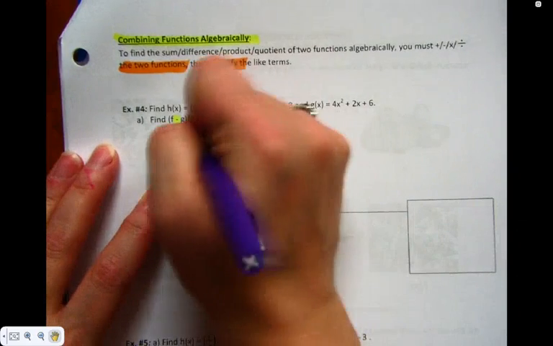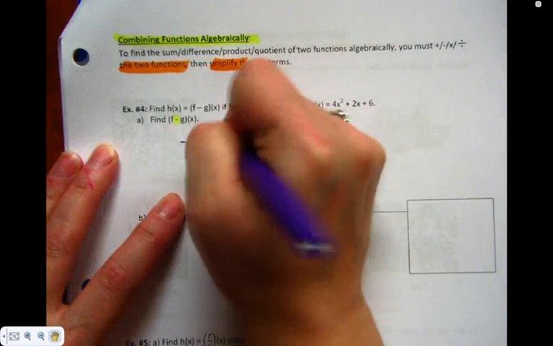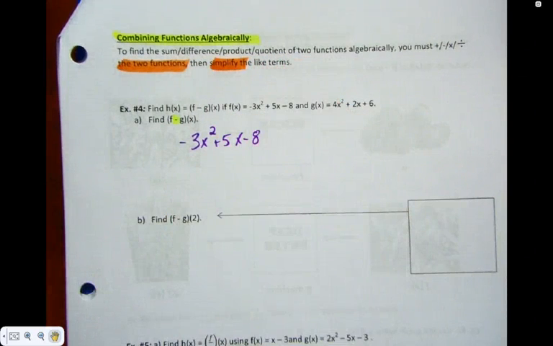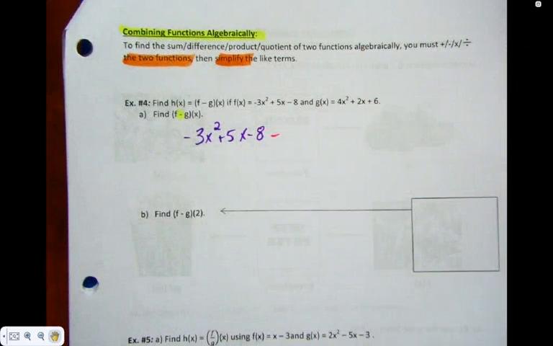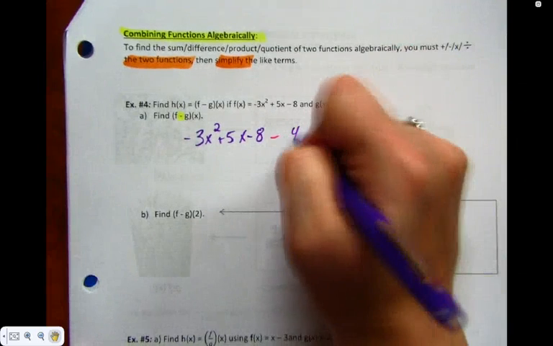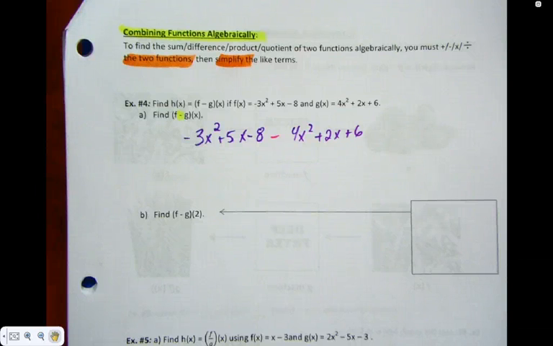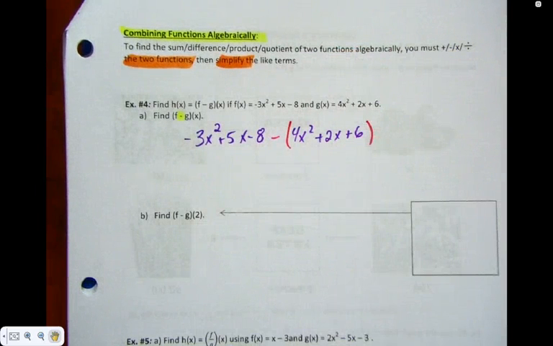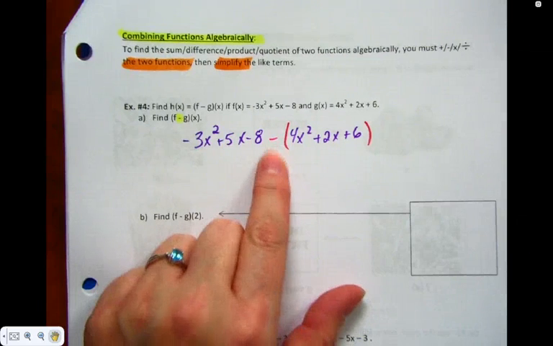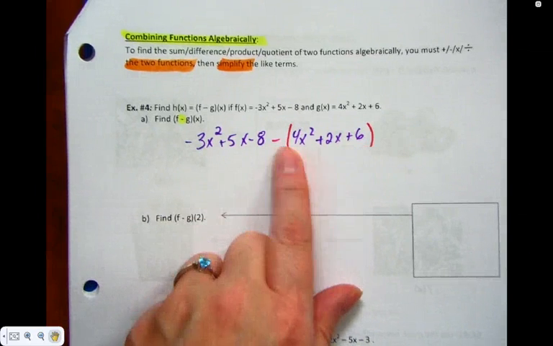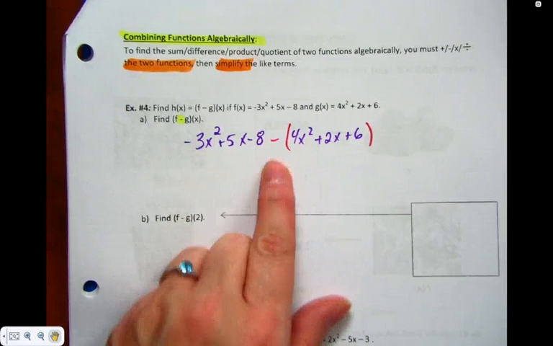So my first function is negative 3x squared plus 5x minus 8. Then I'm going to put a subtraction sign and put my second function, which is 4x squared plus 2x plus 6. And then I'm going to grab my red pen and put brackets around the second one. And why are those brackets so important? Because this negative has to apply to everything in here. So whenever you're subtracting, just make sure you throw some brackets at the back,